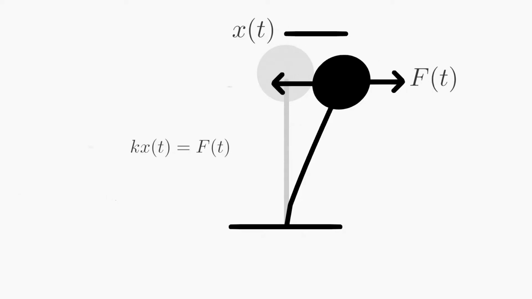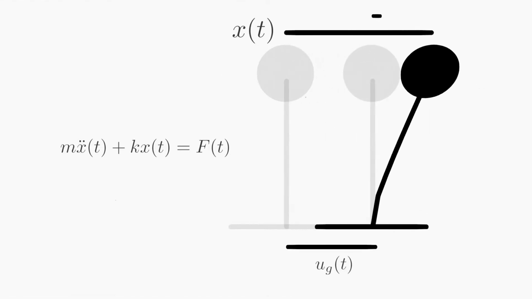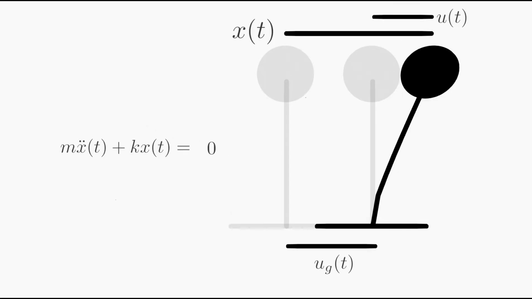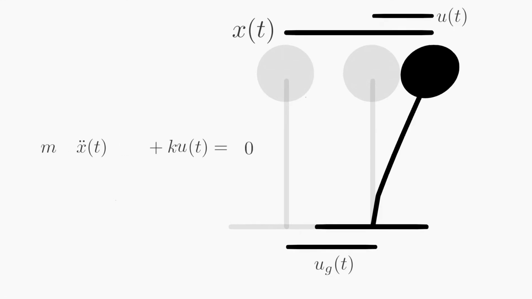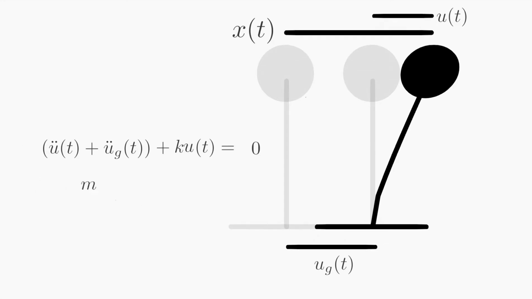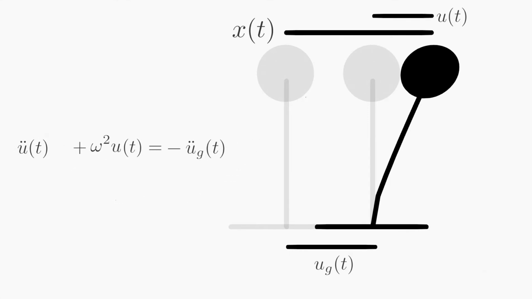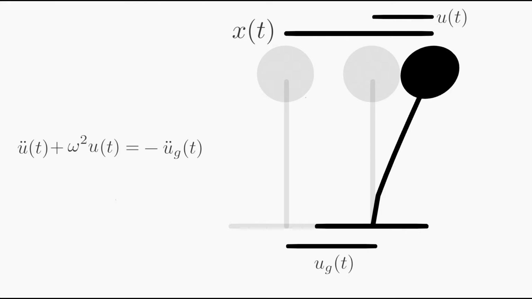For a time-dependent load, inertial forces due to mass of the ball come into picture that act in the opposite direction of the movement. For the sake of simplicity, we have ignored damping of the system. In the case of ground motion, there is no external force acting on the ball and the inertial forces are generated due to the acceleration of the ball, which is the sum of the relative acceleration and ground acceleration. This results in the following equilibrium equation, which could also be written as, this could be further simplified to, where omega is the natural frequency of the system.